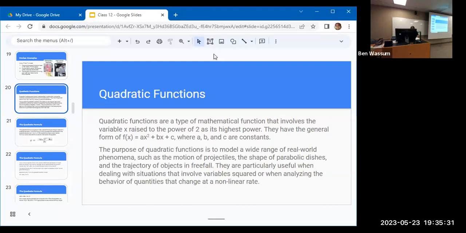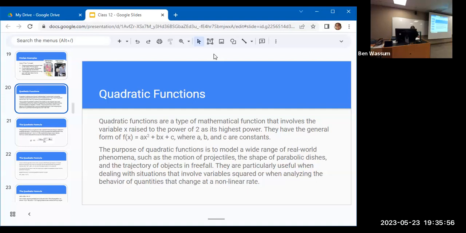So basically, we haven't gotten to actually working out things in straight lines and graphing straight lines. So we're just skipping graphing straight lines, jumping straight into what the hell is this? Now, for the most part,